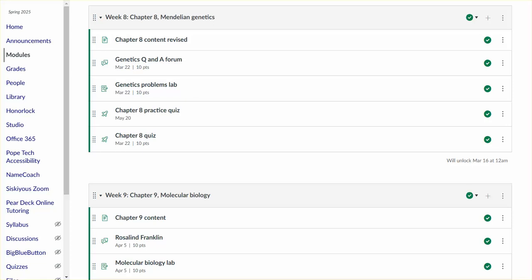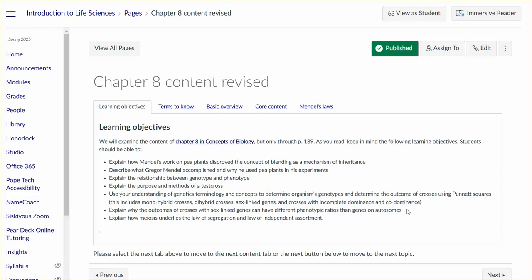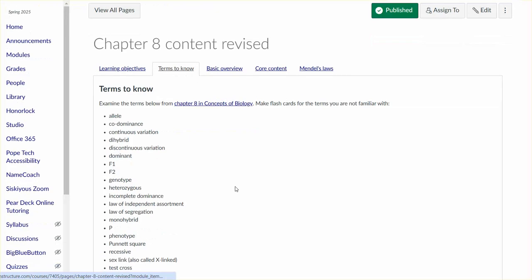This week we'll be studying chapter 8 in our textbook, and that content is about genetics. So you can dive into that material while looking through the information on the chapter 8 content page. This tabbed page includes a link to the textbook chapter, as well as learning objectives, terms to know, and there